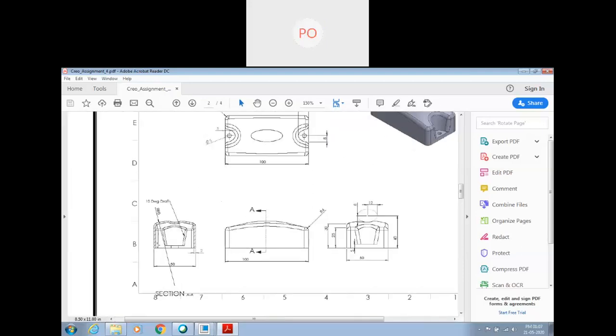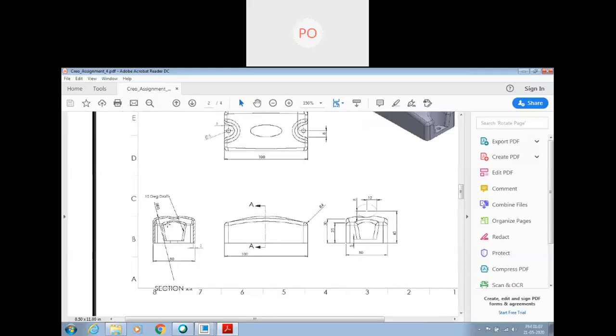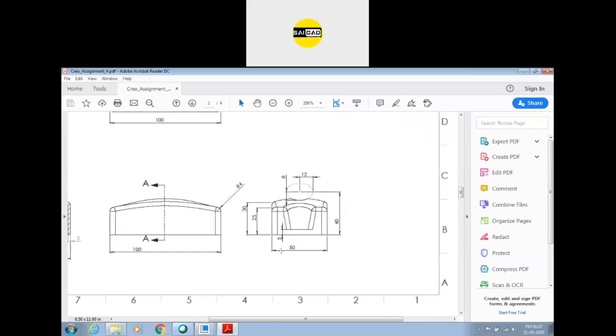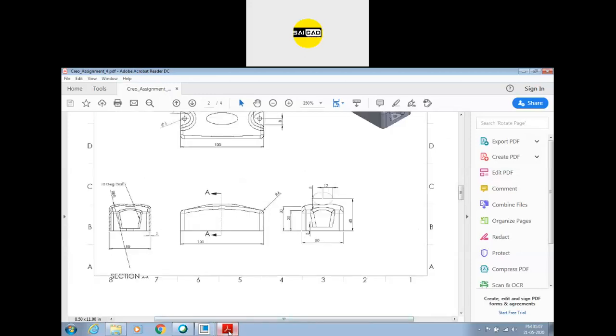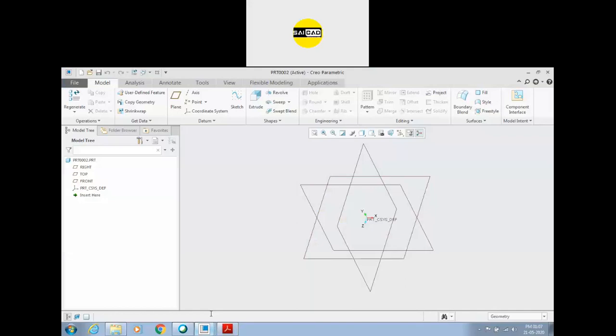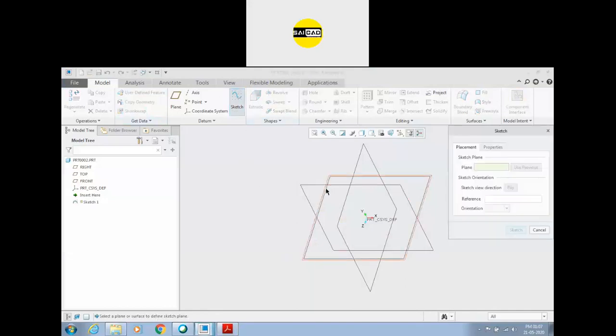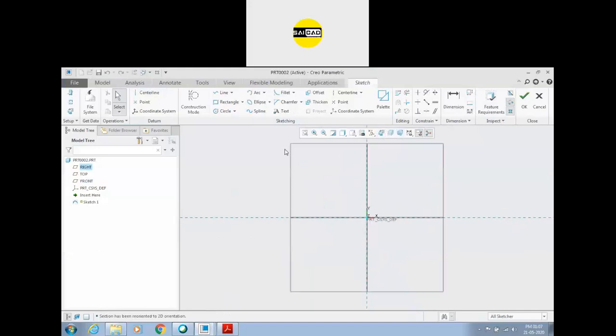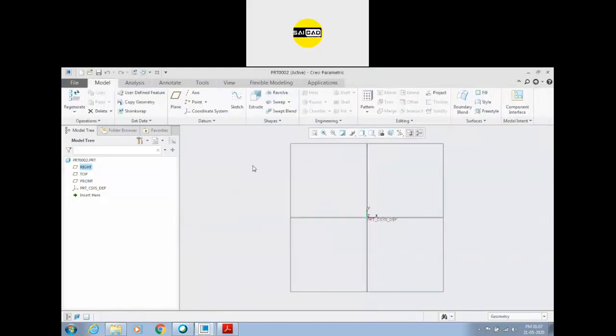Okay, let's create this. So we have size 50 by 25. One rectangle is 50 by 25, and the other rectangle is 50 by 30 with a radius of 80. So go to the sketch, front view, sketch, and in the mid you have to create a sketch, or I can directly go to the blend command.